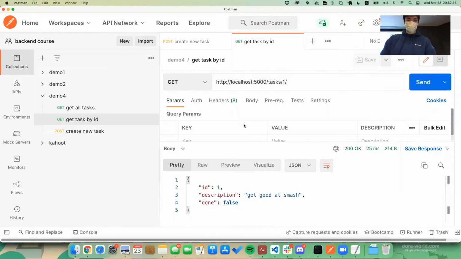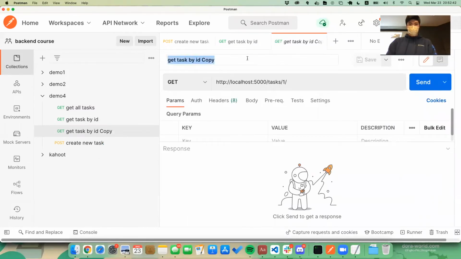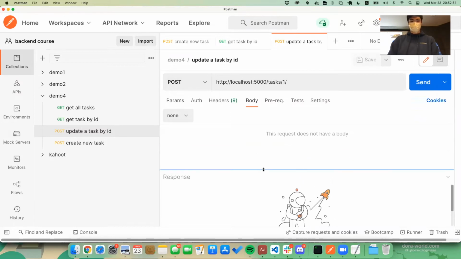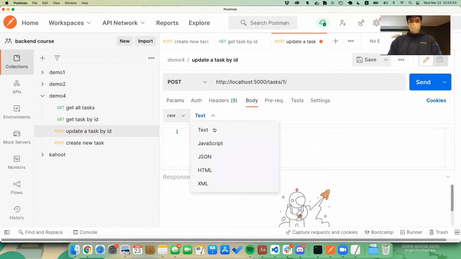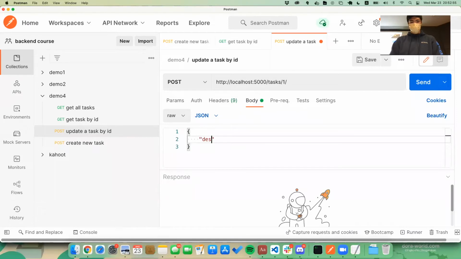So let's test that too. Let's duplicate this, and let's update a task by ID. This is a post request, because we're sending data to the server, and change this to JSON. Description. So what do we want to change our first one? I don't know. Maybe the description can be the same as it is, but the done is true because somehow